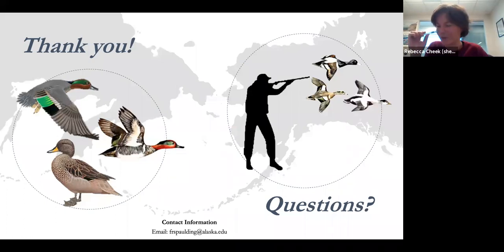I have somewhat more of a cultural ecology question, perhaps, with chapter 2 and how a lot of the subsistence harvesting was dabbling ducks and how you could reduce your risk by going after eiders instead. I was wondering if there's a specific reason why a lot of the subsistence users have been seemingly biased towards a certain species. Is there a cultural reason, or is it just easier to shoot scaup or something like that?